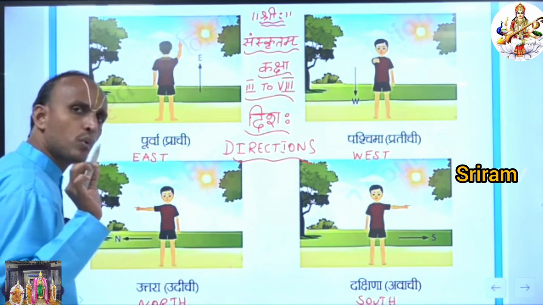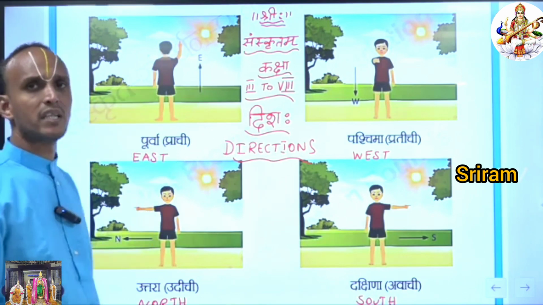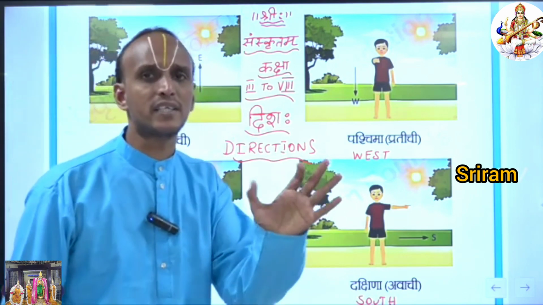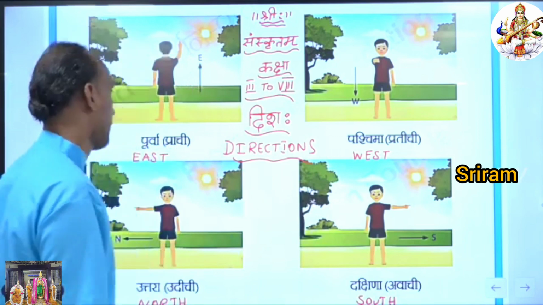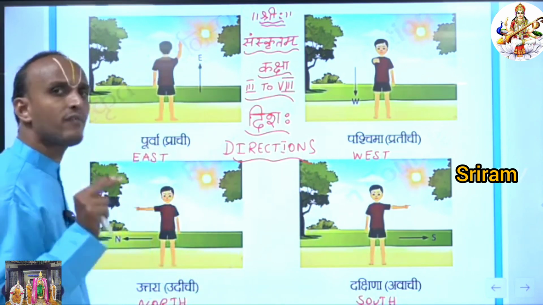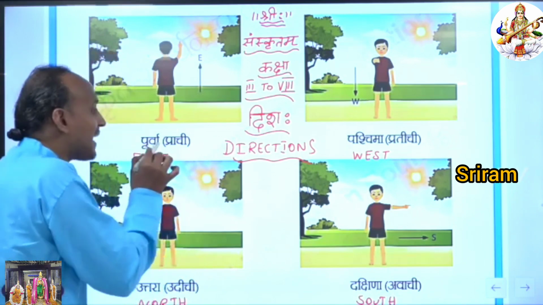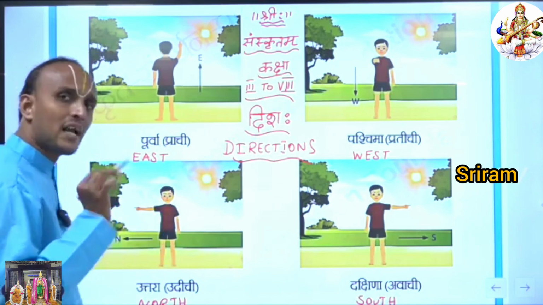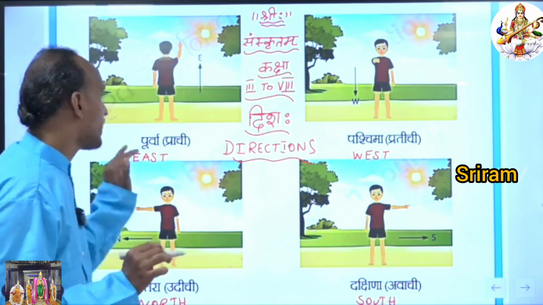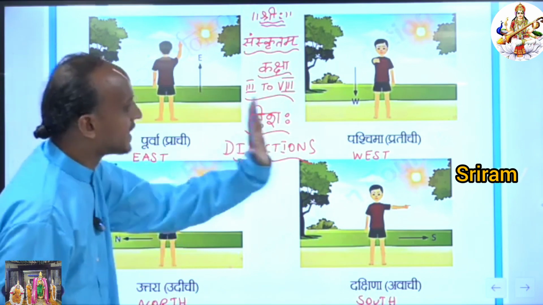Purvadik. Purvadik means east direction. In Tamil we say Kiyak Disai. Okay, children? Purvadik. We have another name for this word Purvadik, that is Prachidik. Prachidik means east direction. Okay, children? Then the second one,